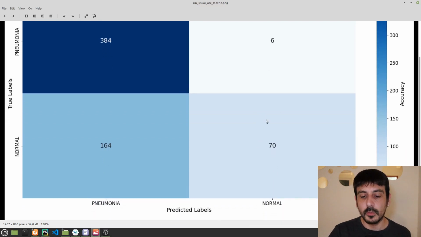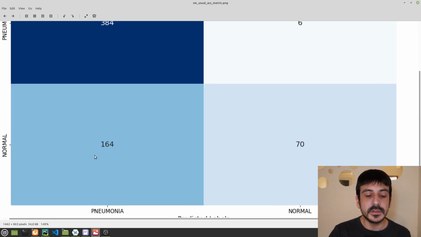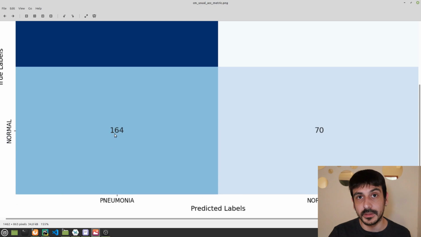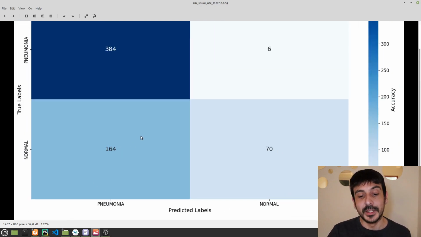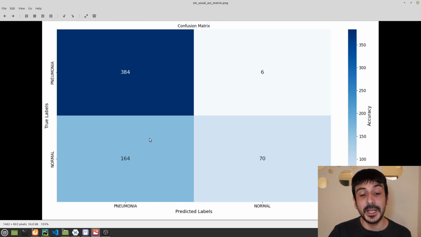But if we look at the normal category, you can see that we have these numbers over here, and it means that only 70 images of the normal category were classified correctly as normal, and 164 images of the normal category were classified incorrectly as pneumonia. So, something is going on with this classifier.